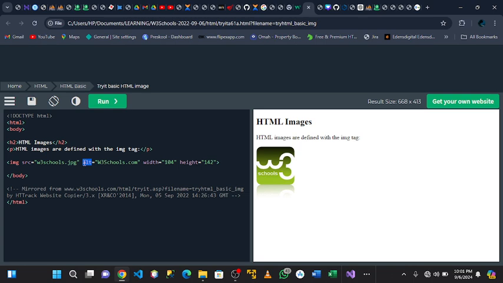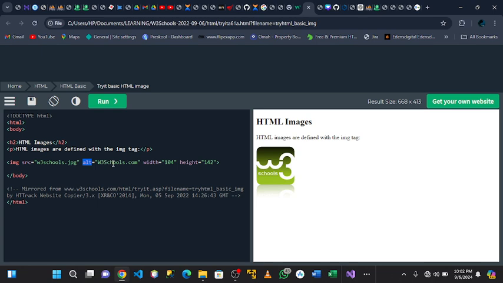So in the alternate section, the alt is used just in case the image does not show, to display text. Sometimes maybe the image deletes by itself or it deletes by mistake, so usually it just shows blank. It will write the name of the image. If it is to be a logo of a company, you write